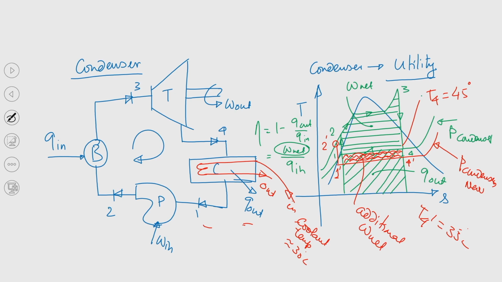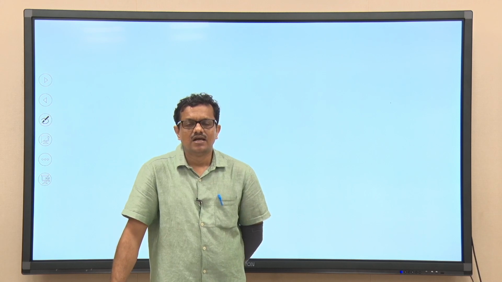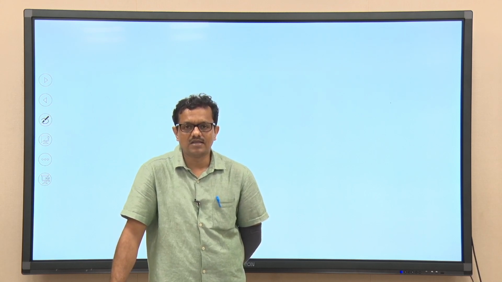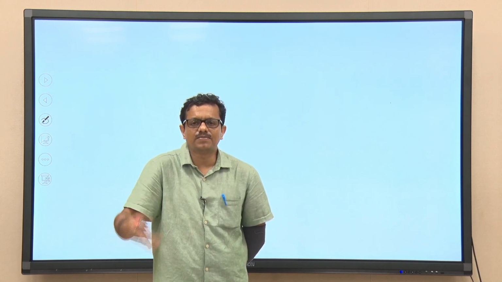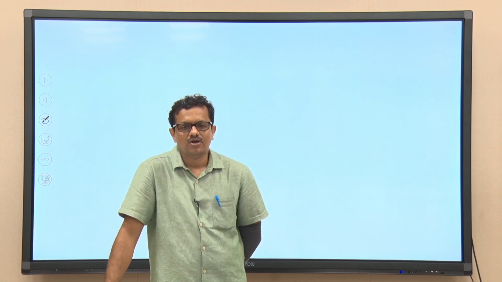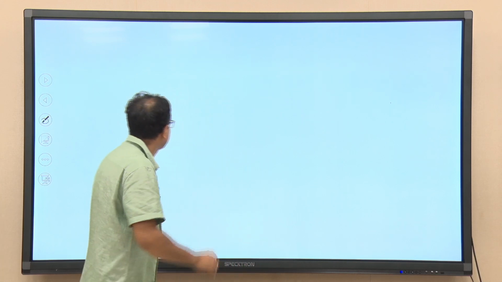Finally, I will discuss one important thing: what do we mean by condenser efficiency. We have discussed many times and quantified the thermal efficiency of the plant. When we discussed turbines, we quantified the performance of the turbine by defining turbine efficiency. When we discussed the boiler, we also discussed the efficiency of the boiler. Similarly, for the condenser we can define condenser efficiency. What do we mean by condenser efficiency? Let me write it for you. Condenser efficiency is that